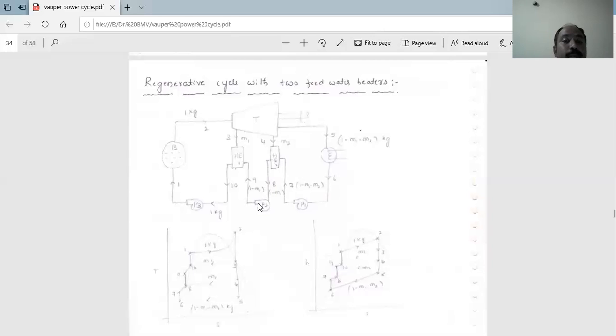Then it is pumped to heater 1 through stage 9, that is the 1 minus m1 amount of condensed steam. Once again it enters heater 1. Then at heater 1, at stage 3, m1 enters, so the 1 minus m1 plus m1 at stage 3 cancels. Then 1 kg of steam will be entering into the